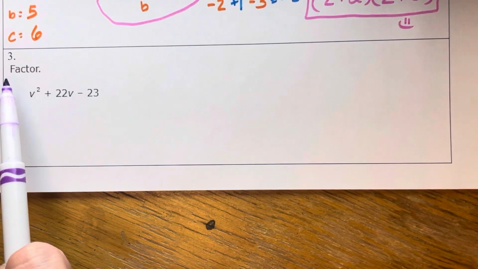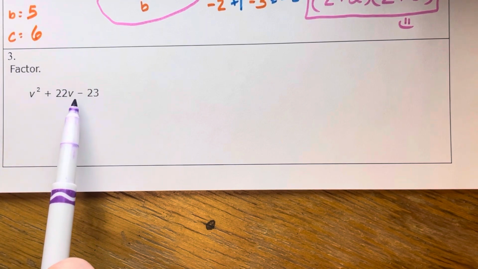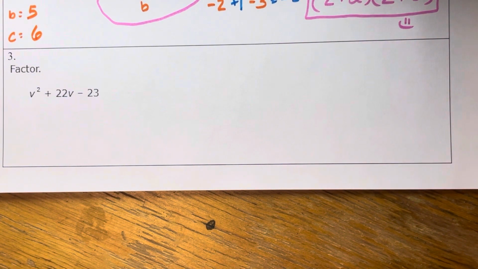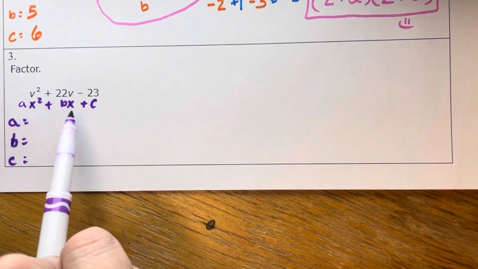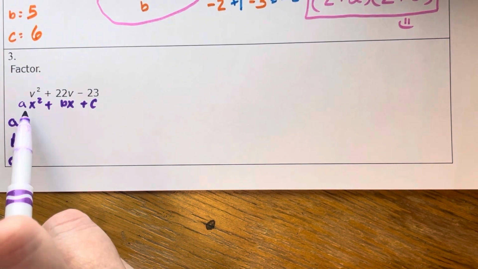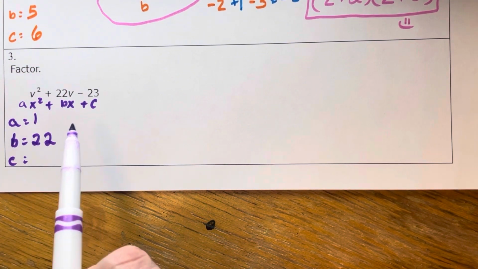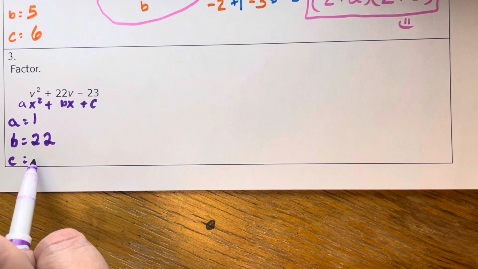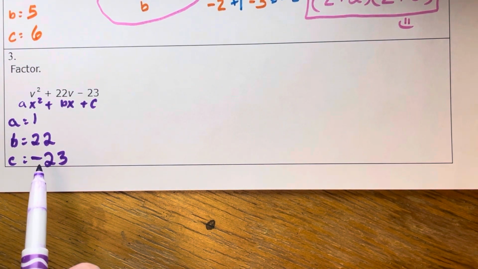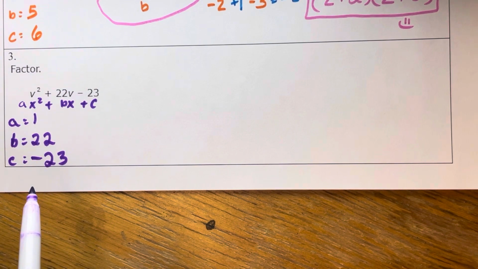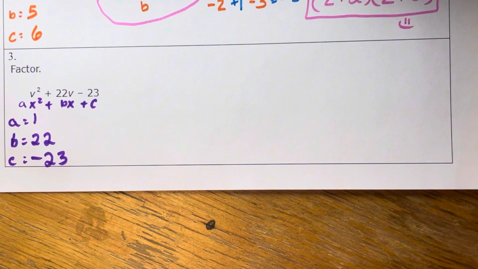Here in example 3, as we go to factor this trinomial, we realize that this time there's a minus. So let's go see what it does. Using our standard trinomial as a guide, we see that again our A number is 1, our B number is 22, and our C number is a negative 23. Do you have to take that negative with it? You bet you do. Absolutely have to take that minus along with the 23 as we work through the factoring